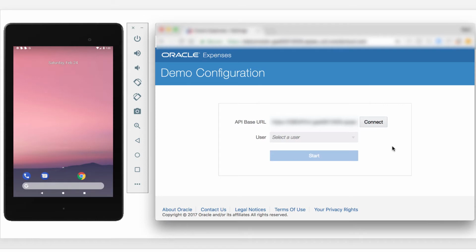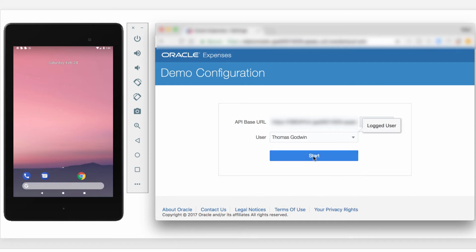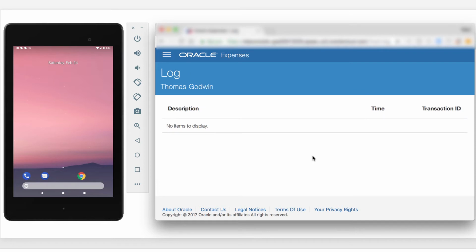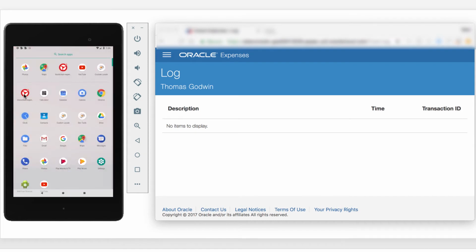So let's have a look and see how this works using a smart contract between the supplier and also the companies. So I'm going to log into the back end just to show you where the transactions are logged in the blockchain. So let's connect first, and the user is Thomas Godwin. So let's go in. At the moment there's no transactions being displayed, so let's go into the mobile device,